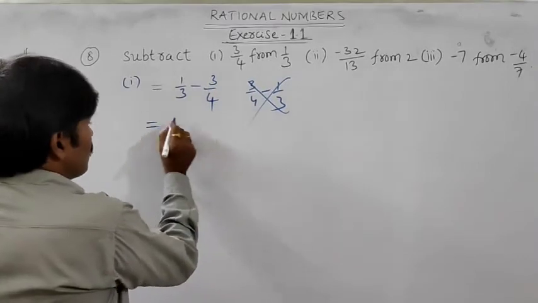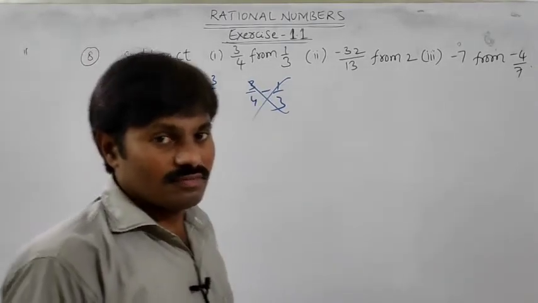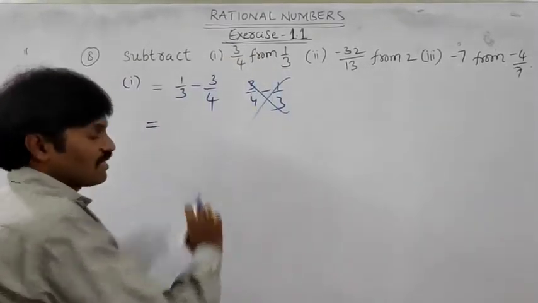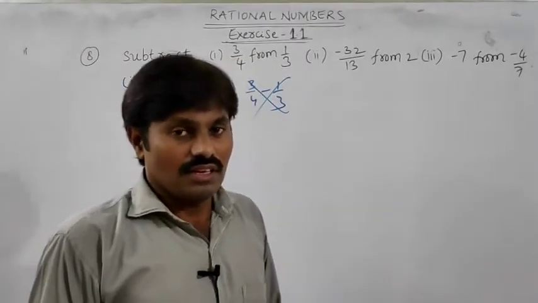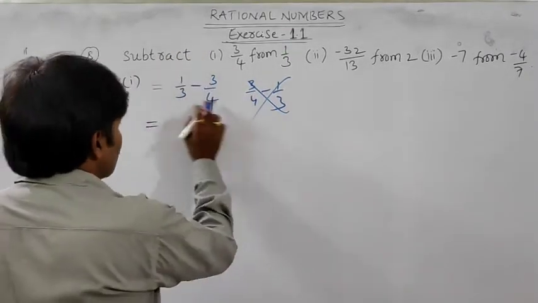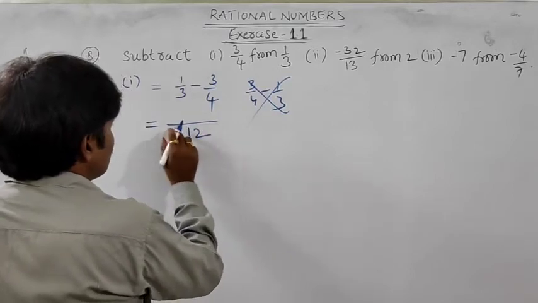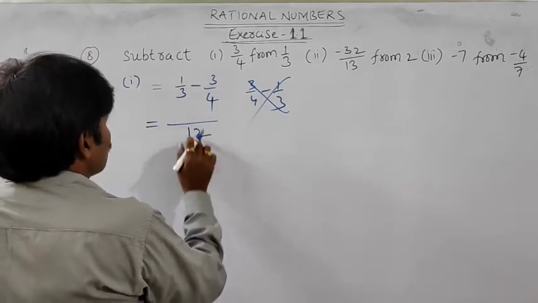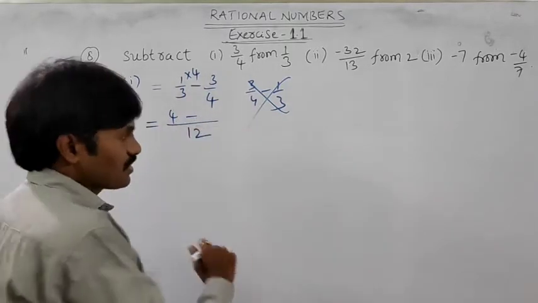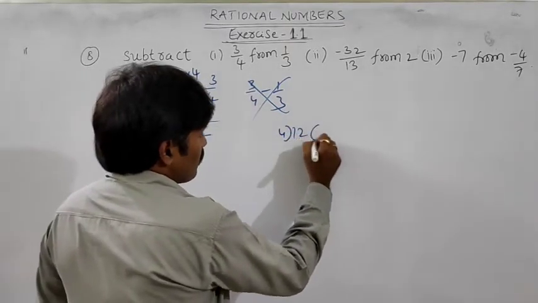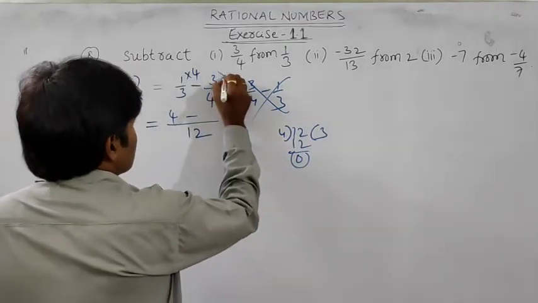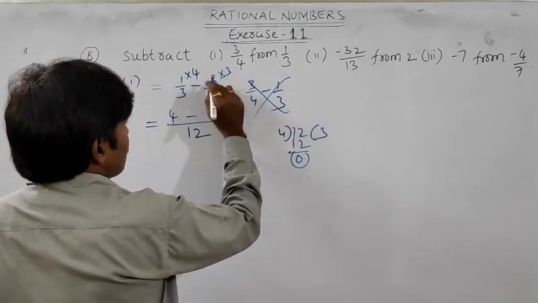Okay. So here, what is the LCM of 3 comma 4? Yes, the LCM of 3 comma 4 is 12, because there is no common factor other than 1, so their product is their LCM. So 3 4s are 12. So 3 divides 12 4 times. So 1 into 4, 4, minus 4 divides 12 3 times. Yes, 4 divides 12 3 times. 4 3s are 12, remainder 0. So this quotient into this 3, 3 3s are 9.